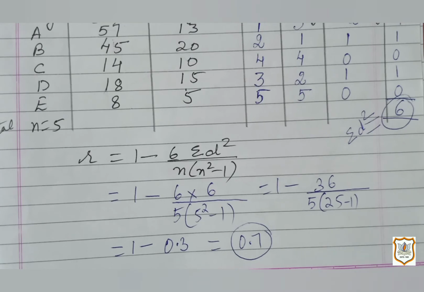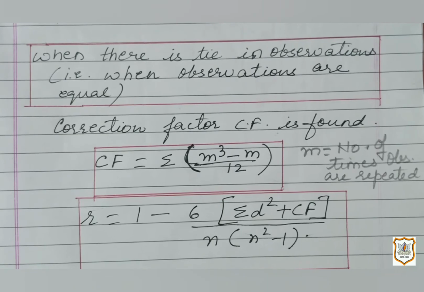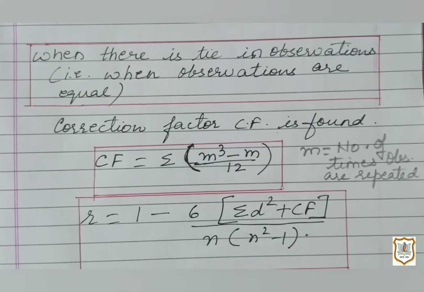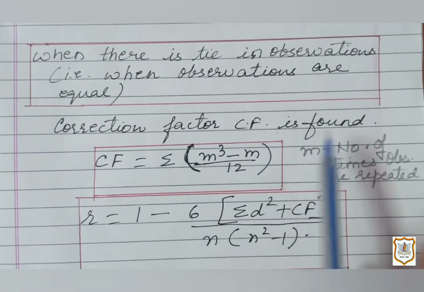So you should remember over here that the ranks which are given are in order. The first highest value is given first rank, then the second highest is second, and so on. Now see students, in the last two sums which we did, the observations were not repeated. But if it happens that an observation is repeated, then we say that there is a tie in observations. That means 2 or 3 observations are equal. So in that case, when there is a tie in observations, the correction factor is to be found.